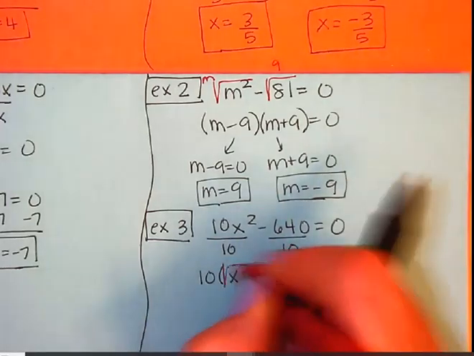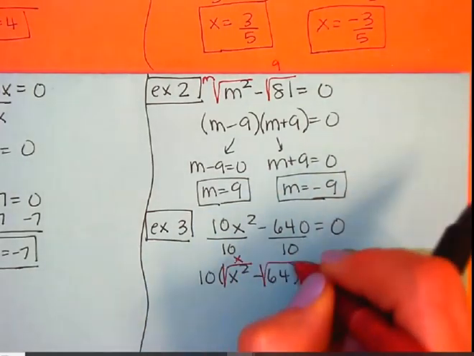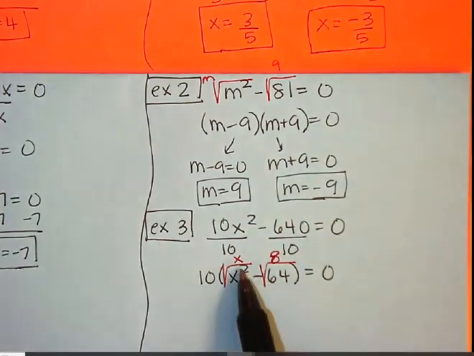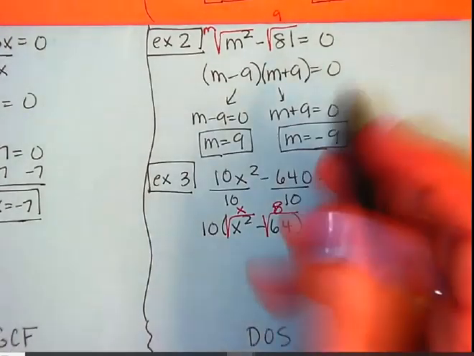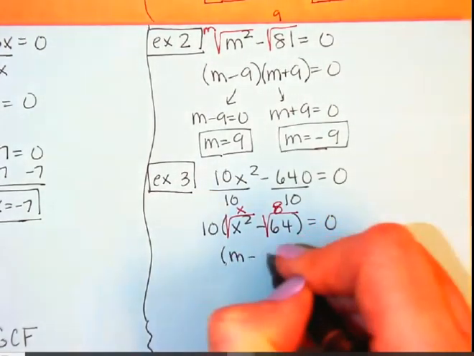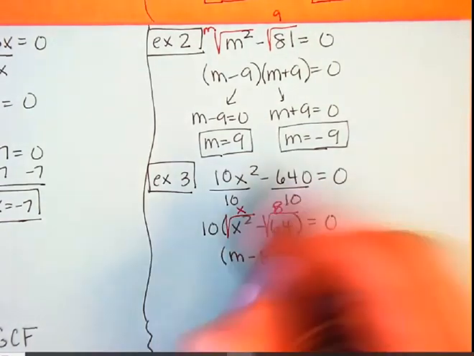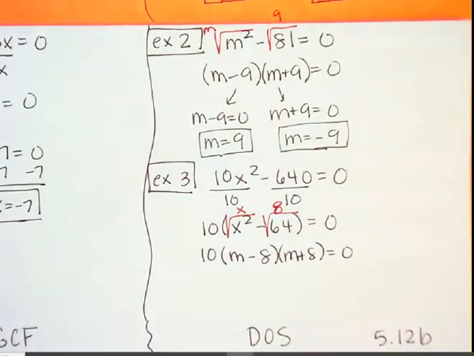So I square root this one, square root the second one. So I have x and I have 8. And I'm going to make a minus version and a plus version, or subtract and add. Now I still have the 10 up front, but there's